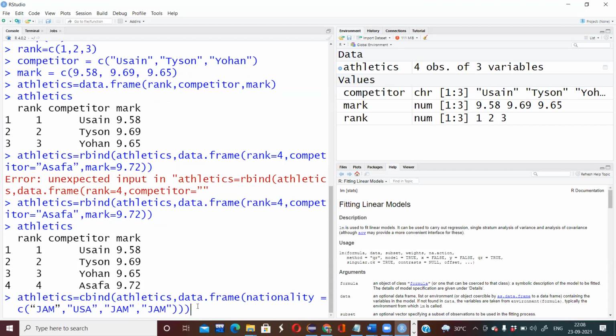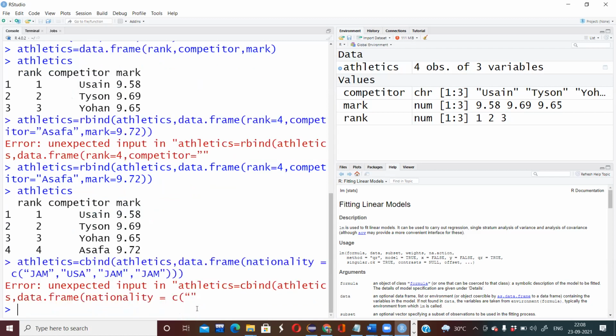The last column they want to add is nationality. As this is a column, how did we create the columns earlier? Rank equals c(1, 2, 3). This is nothing but the column name, and this is the vector. So this is the column they want to add, and here you need to add it as a vector. So how many rows do you have? 4 rows, right? So this is your nationality.